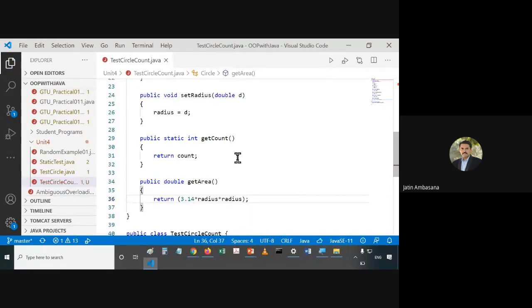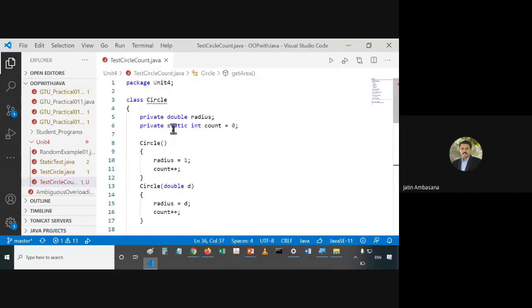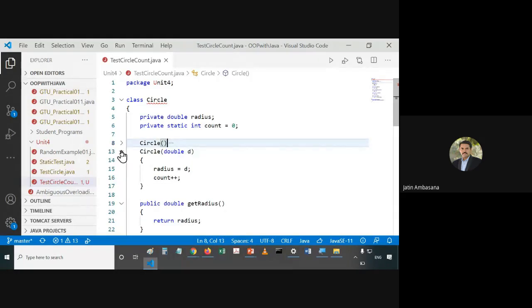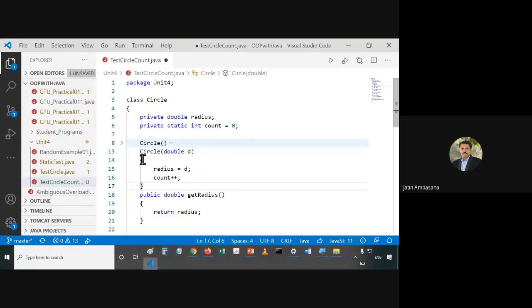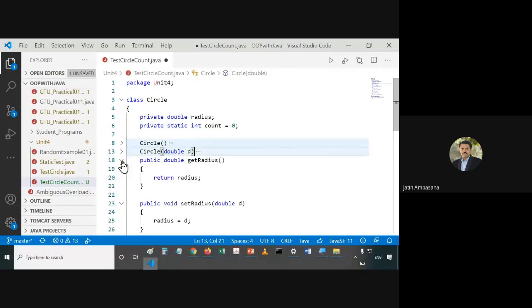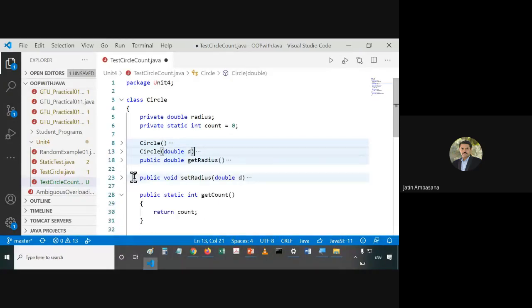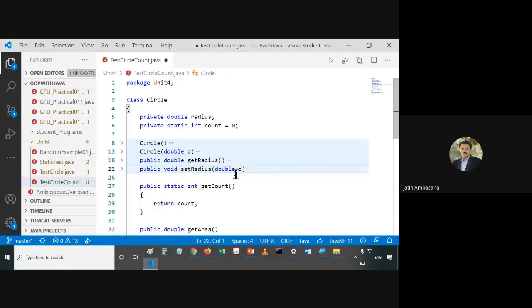So now we have created this Circle class with a no-argument constructor, a parameterized constructor, then we have the getRadius method, setRadius method.